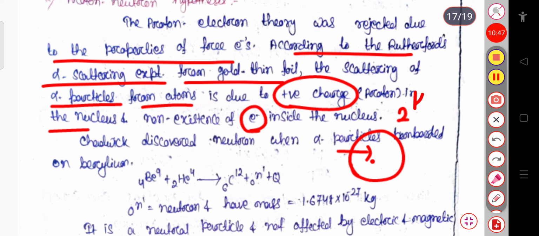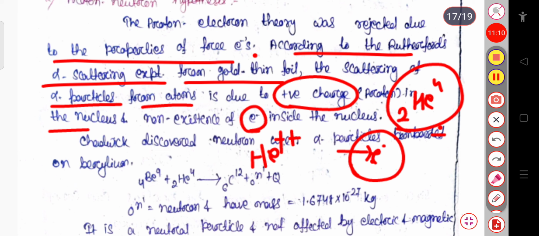This is your doubly charged helium nucleus. This alpha particle is nothing but this doubly charged helium nucleus. We will discuss alpha, beta decay, etc. So this alpha particle is nothing but 2He4, and if it is bombarded on the gold thin foil, then since it is a doubly charged helium nucleus, it would get captured by this electron. So the electron would capture this helium or alpha particle, which is not possible in the actual case or experimentally. It has been found that some of it is getting